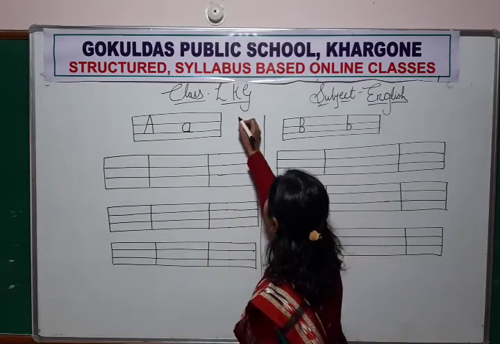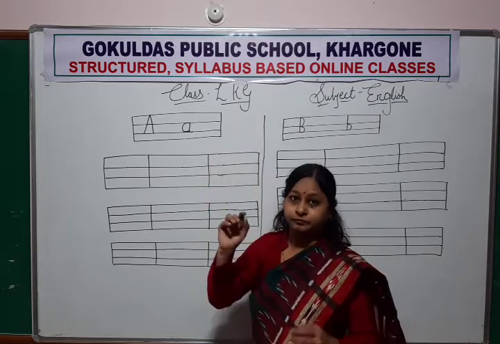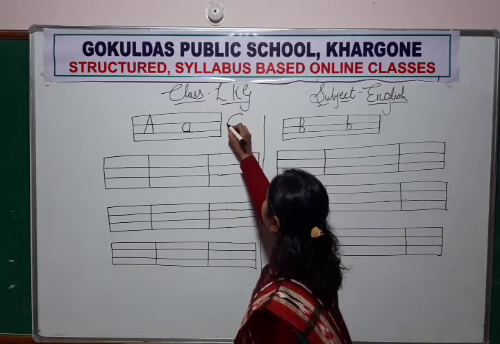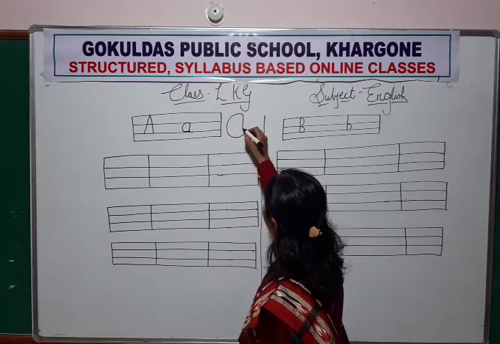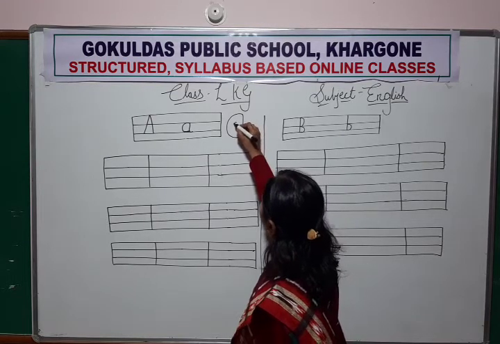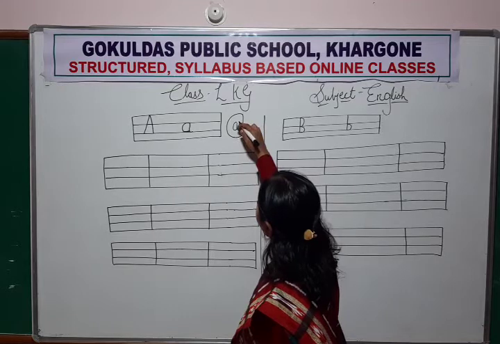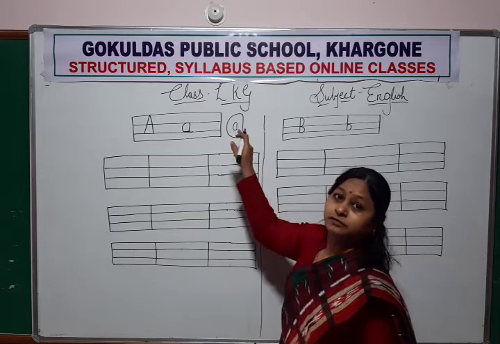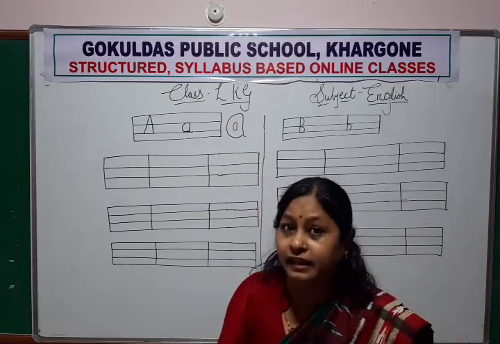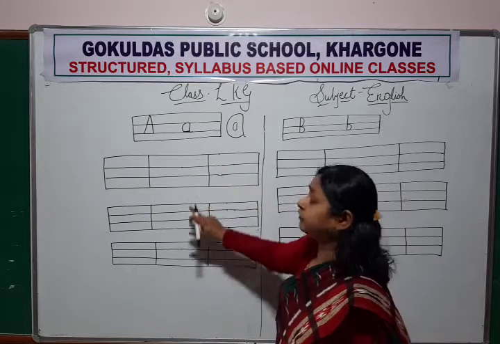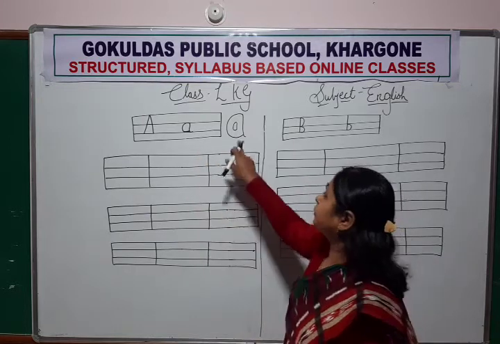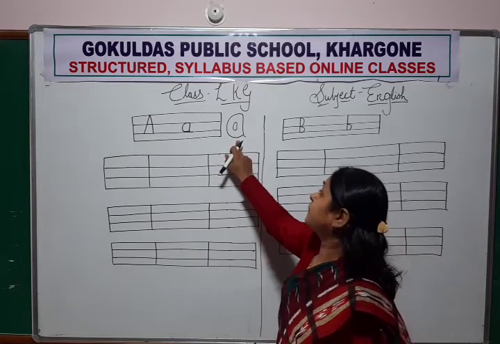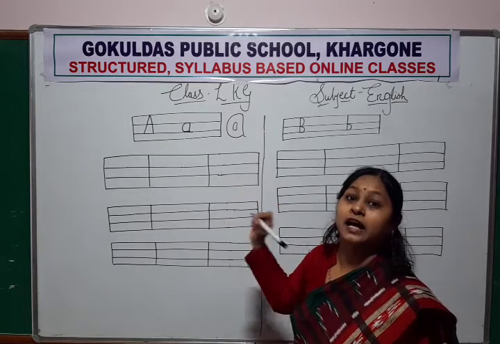Okay. First, on the top of your notebook paper, when you are writing on the top, you have to make a line like this, okay? And you have to color it. You have to color this letter. Okay, before starting writing, you have to write letter small A, baby A, and you have to color it.